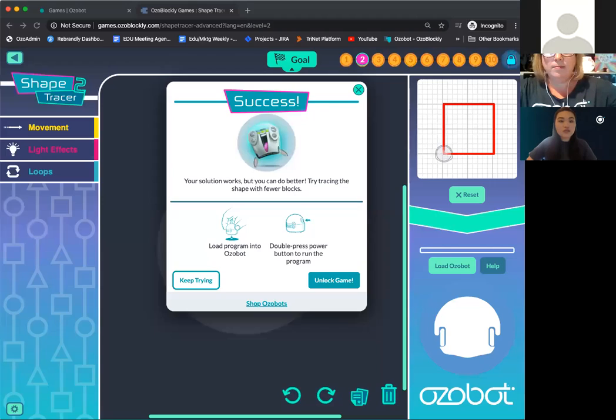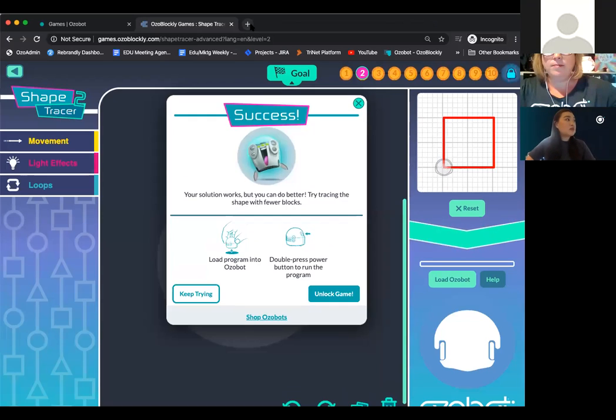There was one more question. I like the JavaScript one. Did you see that one? I did, and currently there is not a JavaScript editor for ShapeTracer, but there is Ozoblockly. What I can show you though is, let me share my screen one more time. If you are interested in JavaScript, if you go to Ozoblockly,